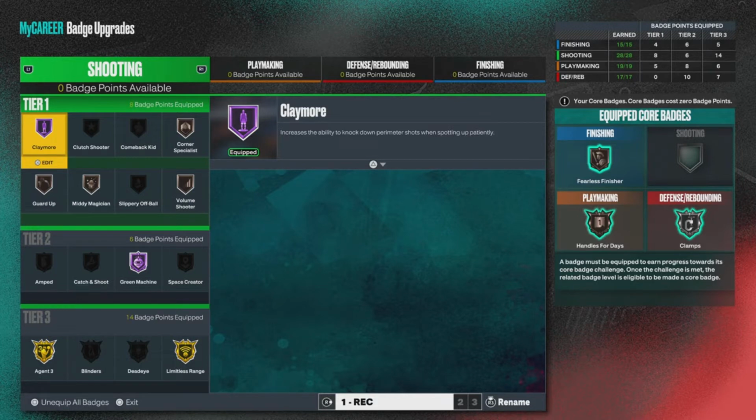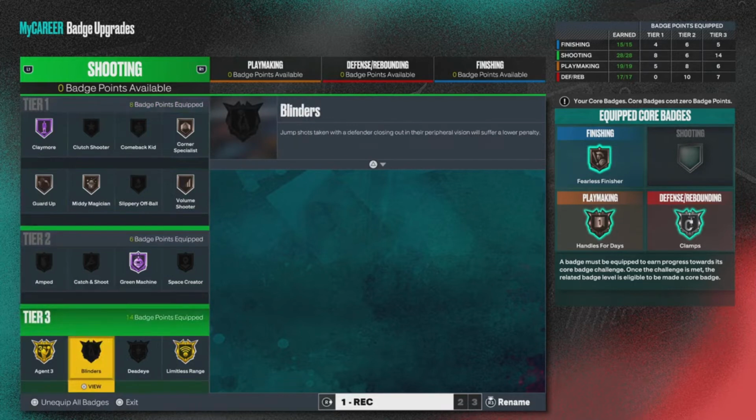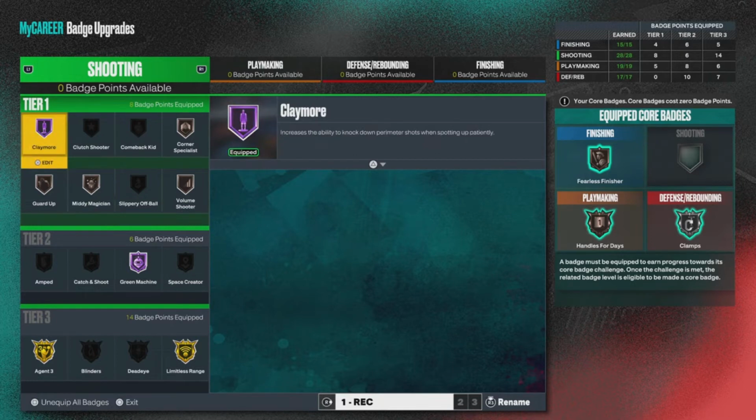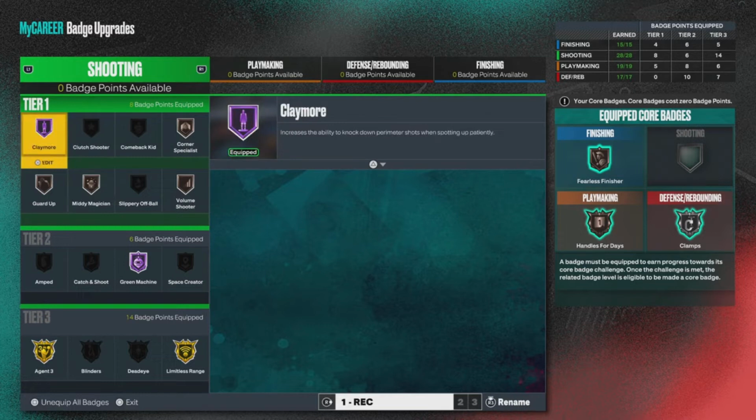So today I got a video for y'all talking about the best shooting badges in the game. Obviously you guys see the badges that I already have equipped, and I was gonna unequip them and go along as I went, but it's best for me to just show you guys the badges that I use currently right now. Obviously this lineup I have right here is a rec lineup, and I'll just start off breaking it down for each single tier. Obviously Hall of Fame Claymore, it's kind of like catch and shoot, but